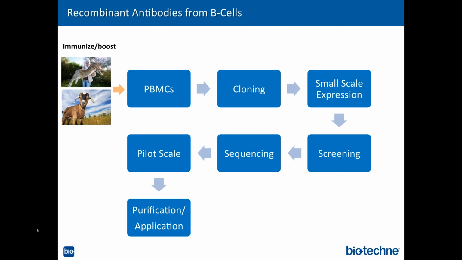So this is the overview on a high level of what our process looks like. We're utilizing this to make any recombinant antibody from our B cells. So we're starting with an animal, we're immunizing it, we're boosting it, same as you would with a standard fusion-based mouse monoclonal. At that point, we're isolating PBMCs, and then we're cloning out of the PBMCs, we're isolating and making a small-scale expression. Small-scale expression then gets screened on applications, and our applications range from Western blot to flow, or